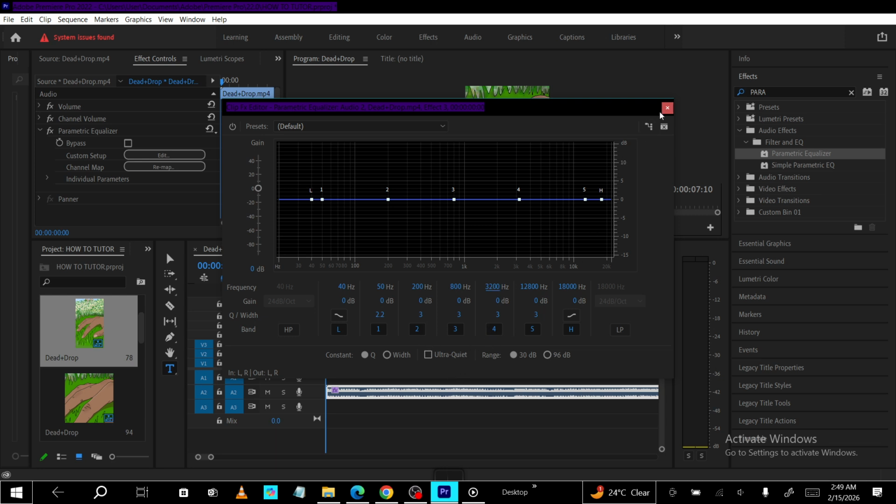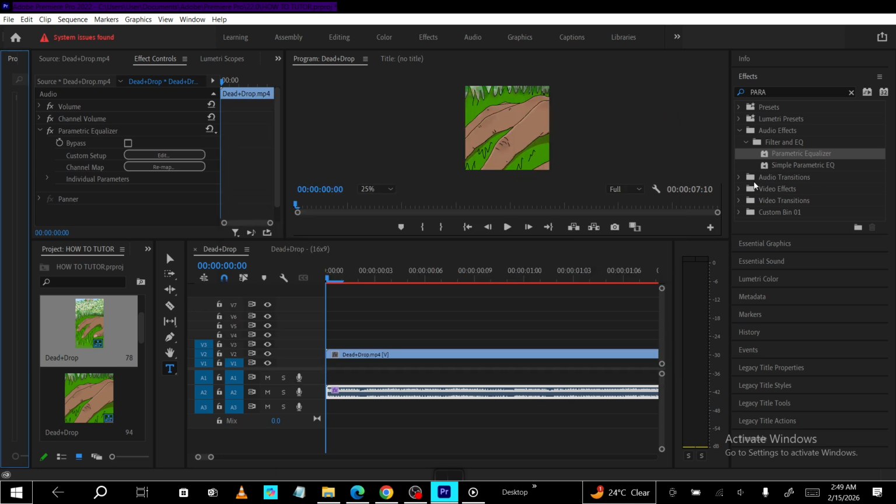You've selected your clip, added the parametric equalizer, opened the EQ settings, boosted the low frequencies around 80 to 120 Hz, and